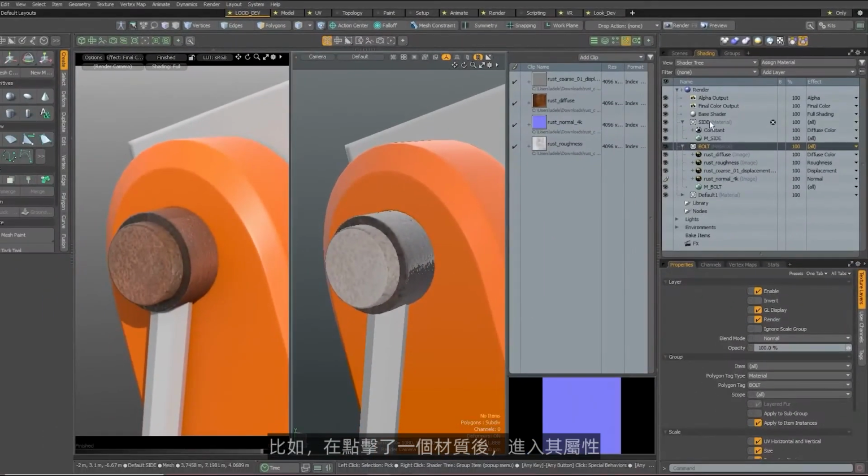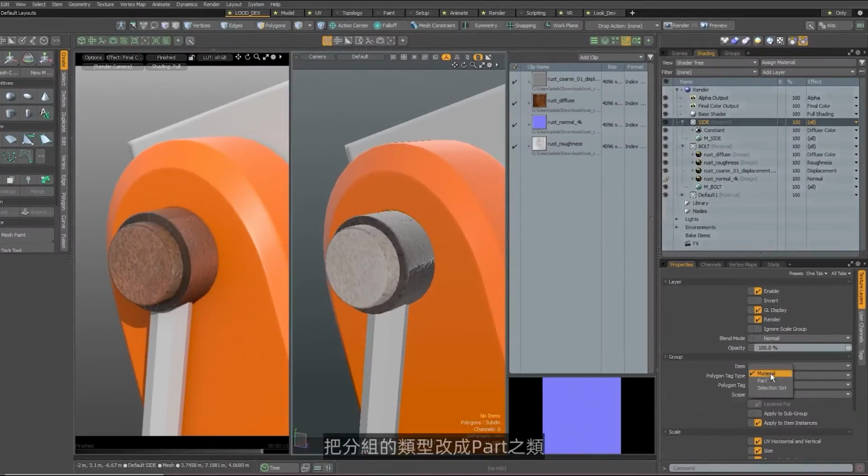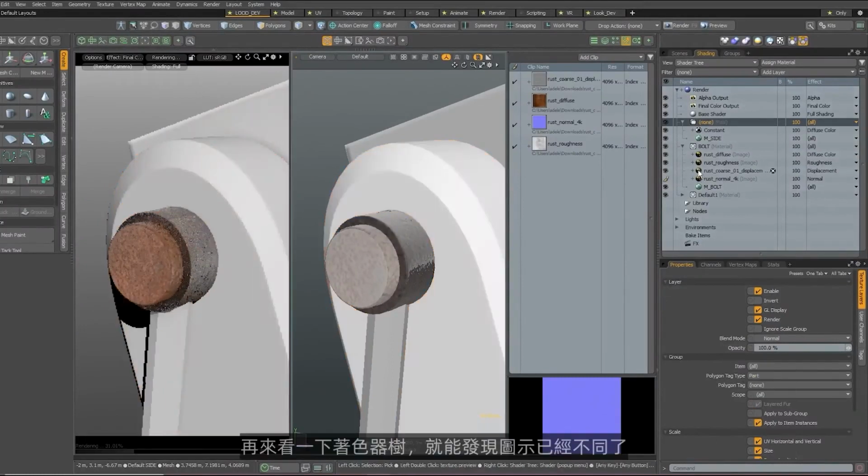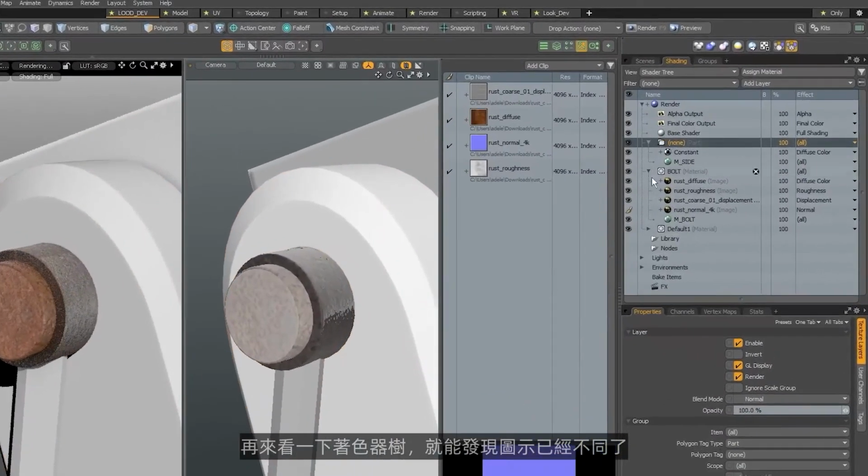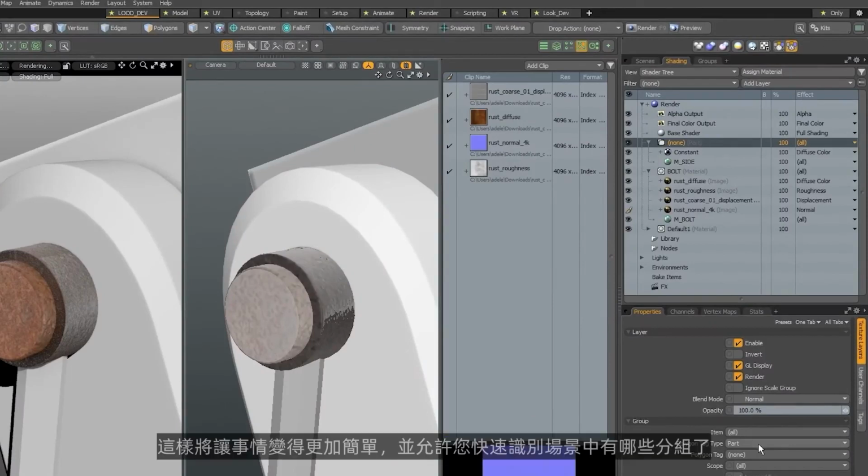So if I click on one of my materials and then go into its properties, I can change the group type to something like part. If we look at the shader tree, we can see that the icon is now different because the group type has changed. This makes things a lot easier and allows you to quickly identify what groups you have in your